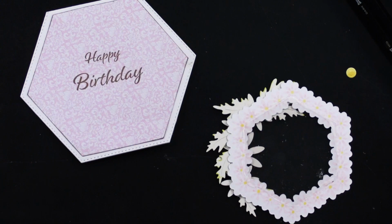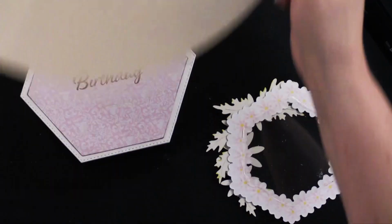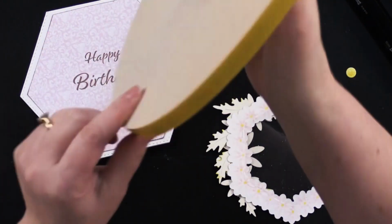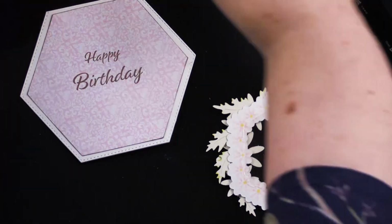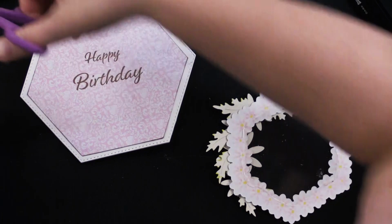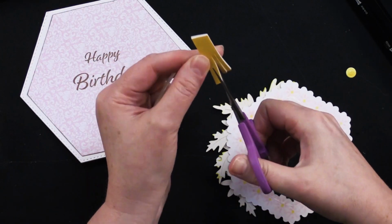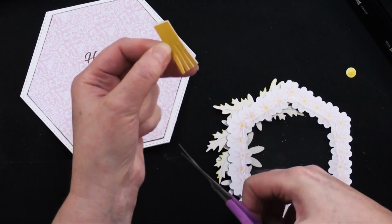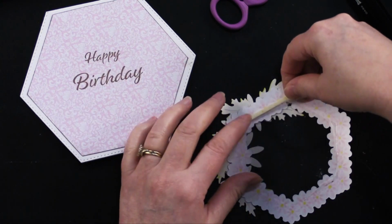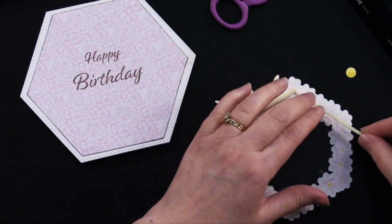All right, so now I'm going to refer back to our large roll of foam tape here. Let's see, here's our large roll of foam tape. And what I'm going to do is take the end of this, and what I like to do is just cut off a length and then take my little scissors and cut this into quarters, just like this. Okay, and then of course I cut longer strips, and then I'm putting that right here inside